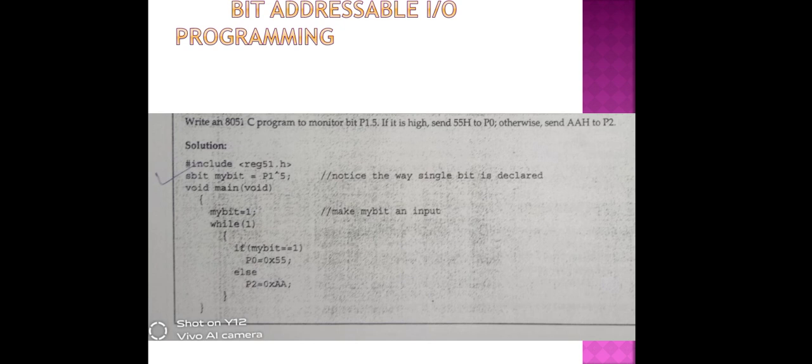Otherwise, if mybit is not 1, this condition is false, then directly the else condition, P2 is equal to 0xAA. That means if mybit is equal to 1, send the value to P0, and if mybit is not equal to 1, then send the value P2 is equal to 0xAA. This is the program for bit addressable I/O programming.